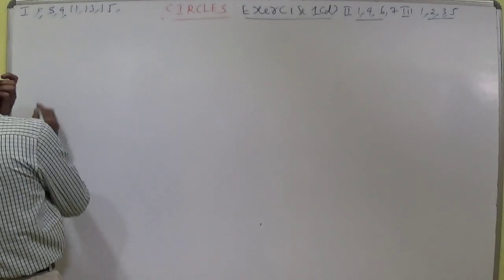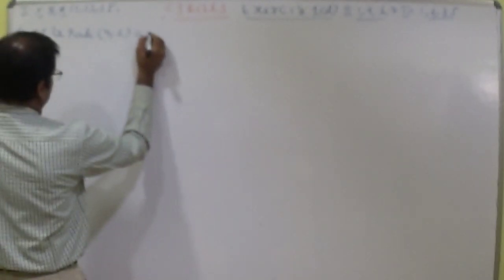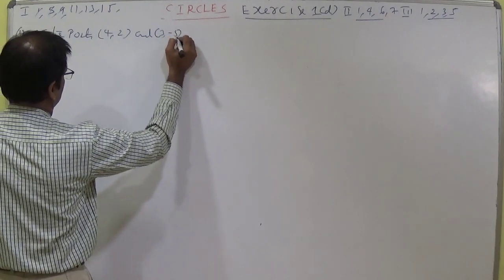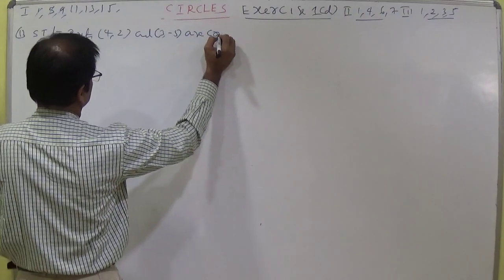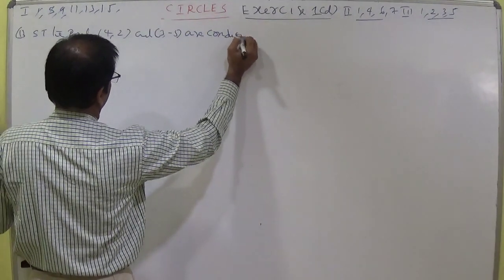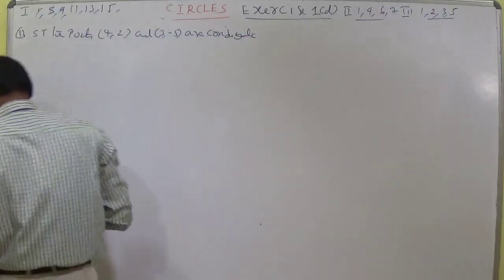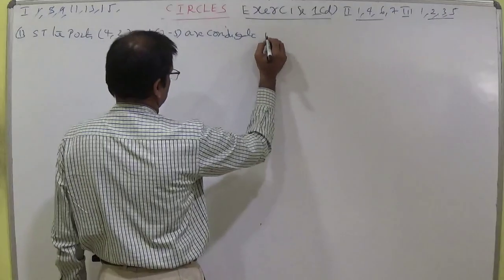Show that the points (4, 2) and (3, -5) are conjugate points with respect to the circle